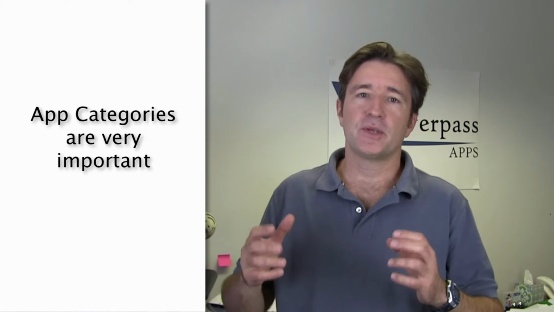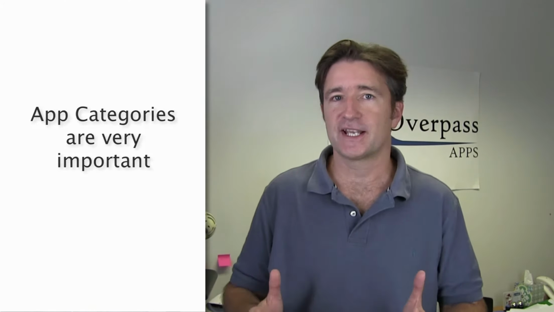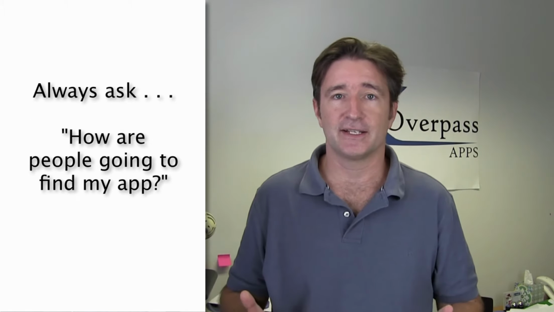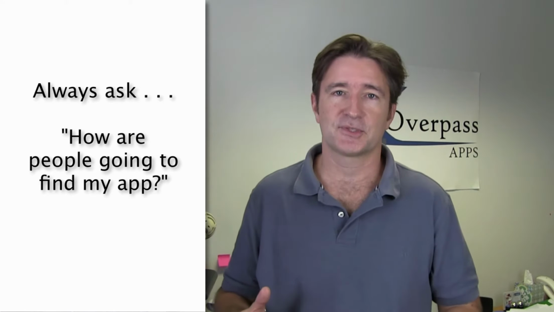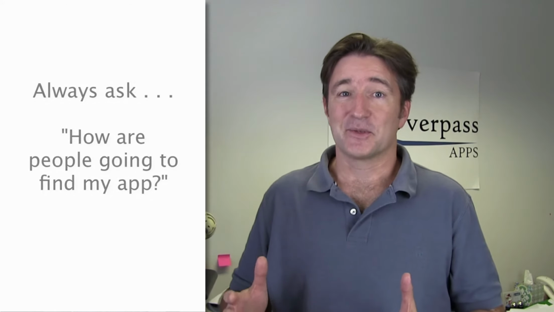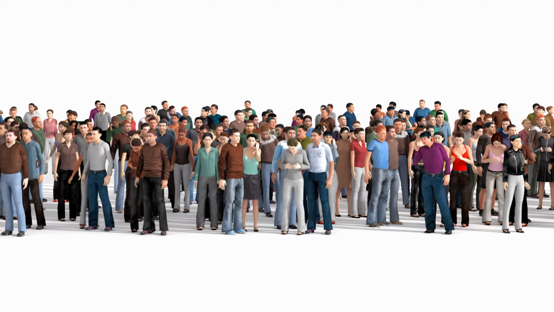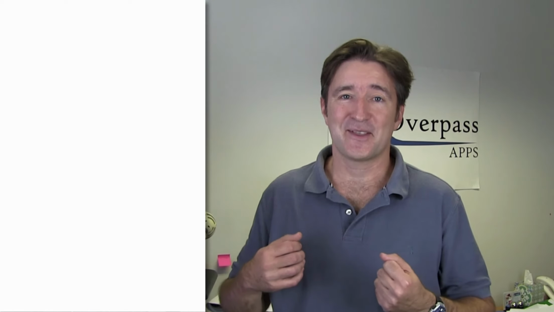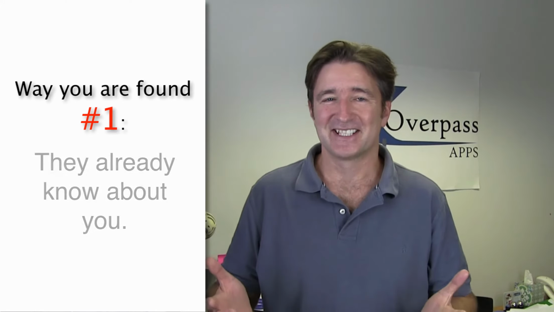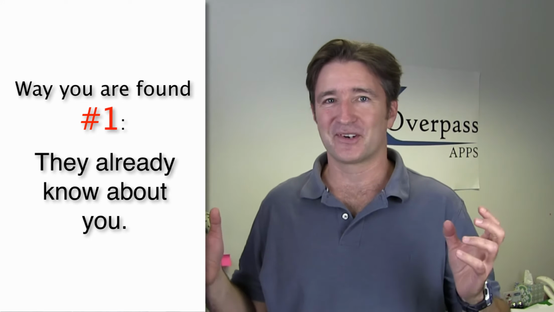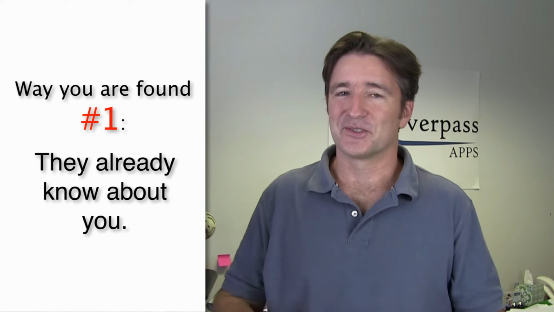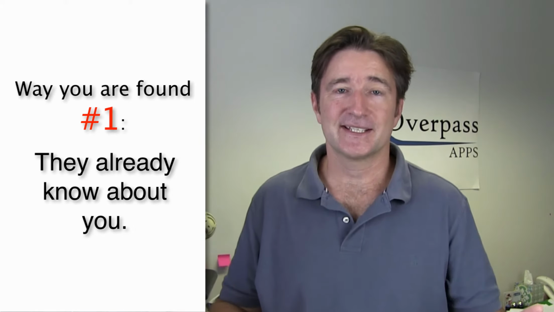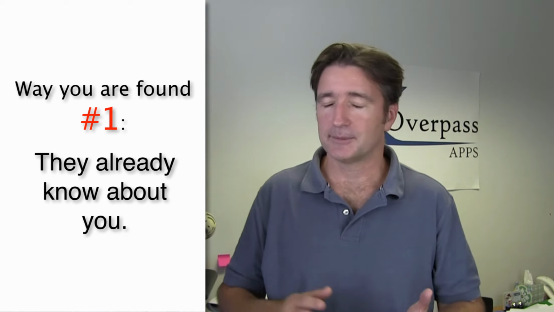So when you put an app out on the App Store, one of the first things you need to think about, even before you build the app, is how are people going to find it? There's thousands of apps going into the App Store every day, and you have to think, how is yours going to stand out from the rest? There are different ways that could happen. You could own a major brand, like if you work for McDonald's, people are just going to find it because they'll know it exists, or Uber or something like that.